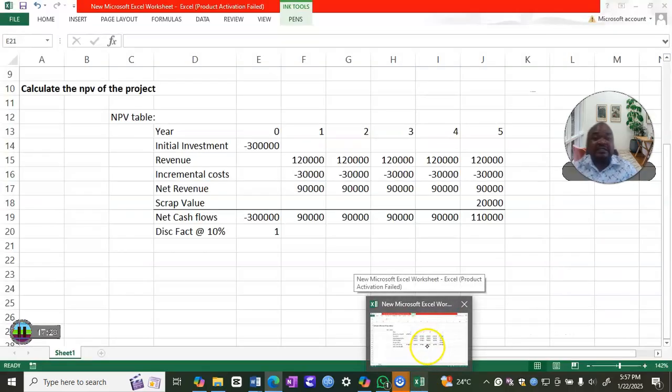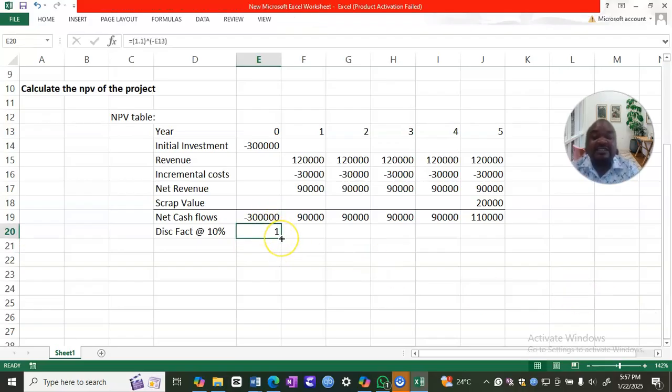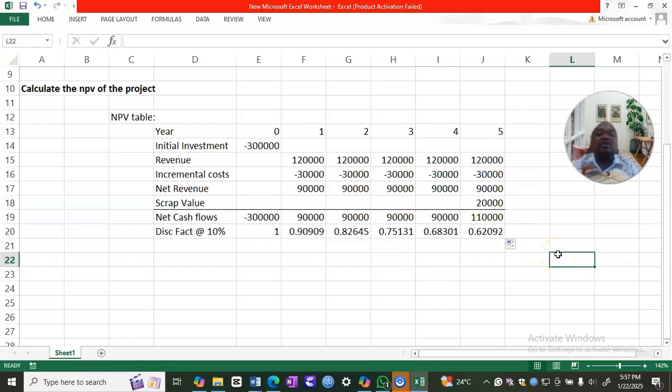Are we together? Good. So now I'm going to drag my formula because Excel is going to do everything for me. So those are my discount factors. Those are going to be my discount factors. For example, in year 1, the discount factor is